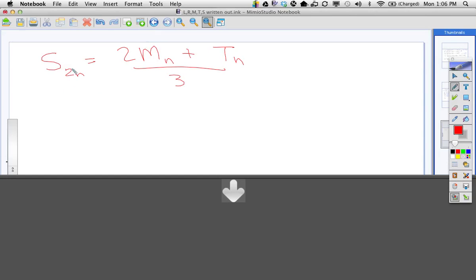Now, why do I have this 2 in here? Well, it turns out when we write the formula this way, this is called Simpson's rule. Simpson's rule always has to be even. You always have to have an even number subdivision. So you'll notice in your homework, the problem we were just doing,